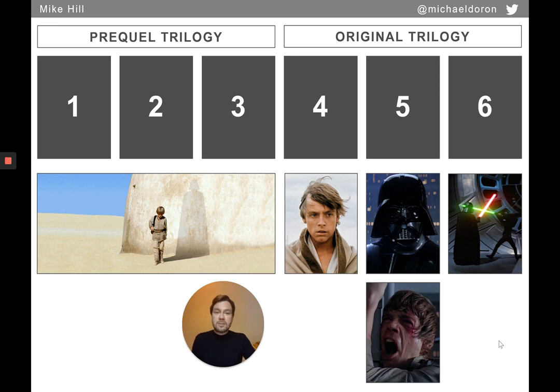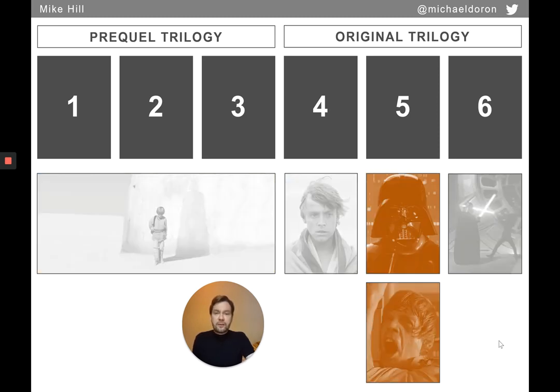Now, what some Star Wars fans say, and you might have already seen this when I was telling this story in that order to you, is that watching the films in that order really ruins the big twist or big reveal in the film, because we already know who Darth Vader is. So when that reveal comes, it loses all of its power, all of its meaning.